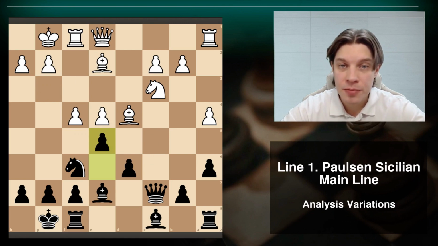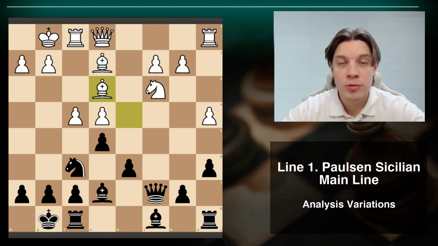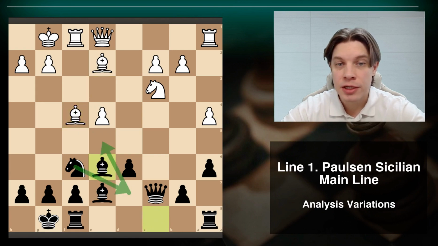In case of bishop e3, then you should apply another typical solution of how to simplify the position when you play Sicilian. You should capture on f4 and bishop f4, and then your next move is bishop e6 with the